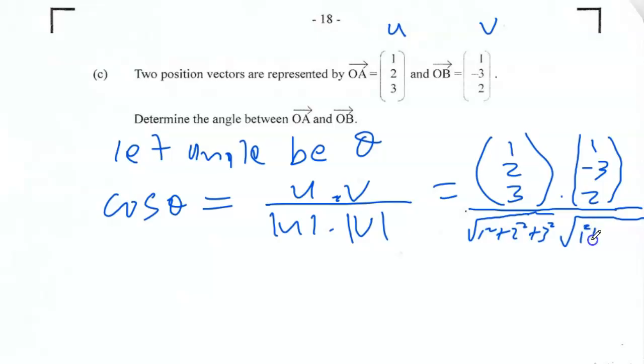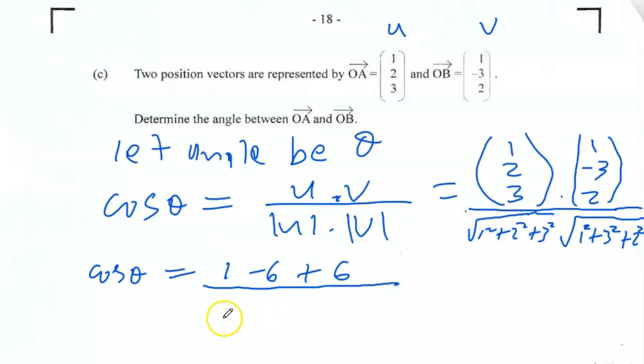So 1 squared, and then negative 3 squared is the same as 3 squared, going to be 9, so it doesn't matter, plus 2 squared. So let's do that product now. We end up with cos theta equal to 1 times 1, which is 1, plus 2 times minus 3, that's minus 6, plus 3 times 2, that's positive 6,